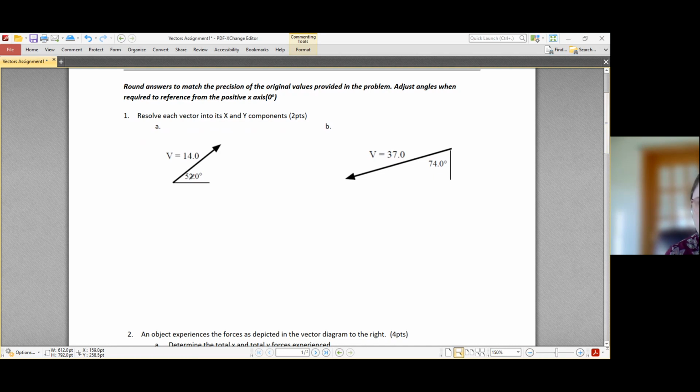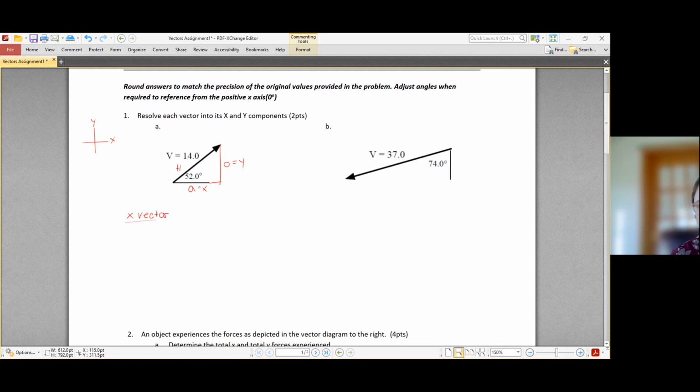So starting with question 1, it asks us to resolve each vector into its x and its y components. So I want you to think of each vector as if they were triangles. The vector length, so that's always going to be your hypotenuse, is 14 here. We have an opposite side, which is the same as our y value. Remember, we have y to the sky. If you're thinking of your vector components, y is vertical, x is horizontal. And then our adjacent side is equal to x. So if I'm going to figure these out, it doesn't matter which one you choose to solve first. If I go for the x vector,